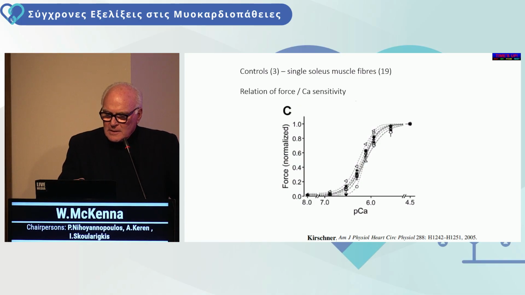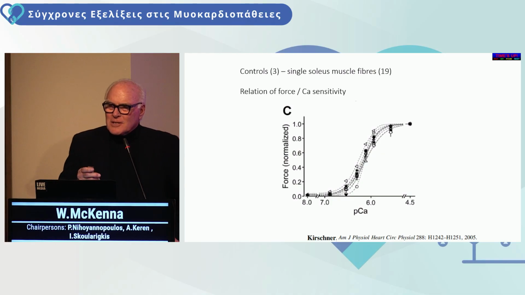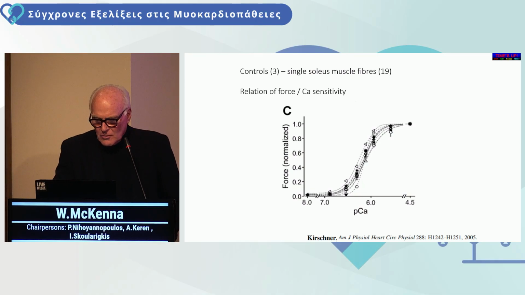And this is an experiment where they take, when I say a chunk, I mean a chunk of soleus muscle, and they look at skinned muscle fibers. In this particular experiment, there are 19 skinned muscle fibers from the controls. Now, very often senior people get promising medical students and young doctors to be the controls. The 3 senior authors on this paper volunteered to have a hunk of their soleus muscle removed. So they are the controls, and you see a fairly homogeneous calcium